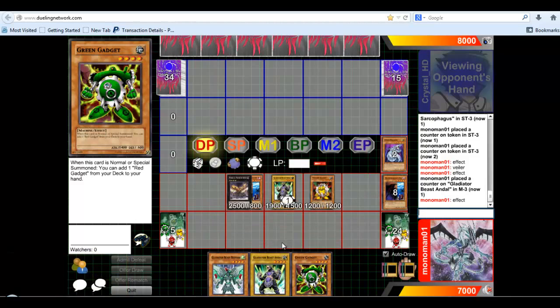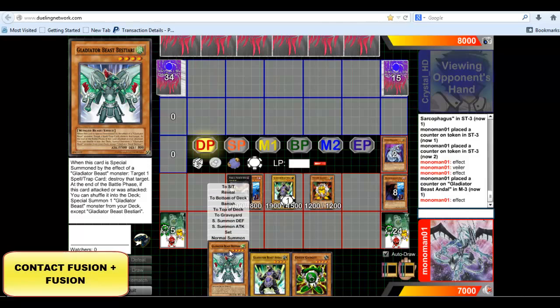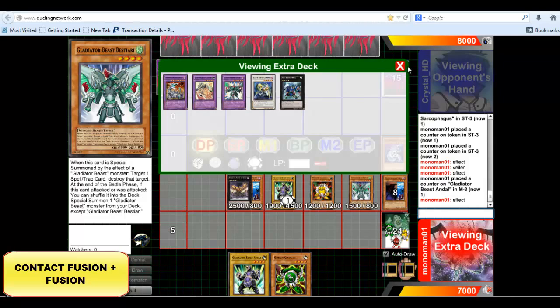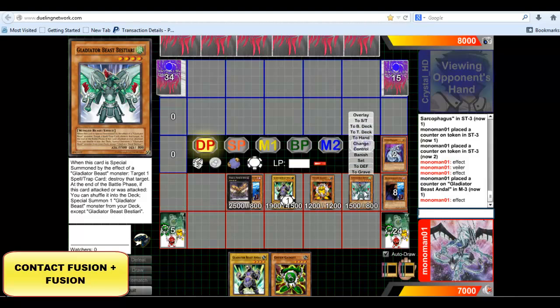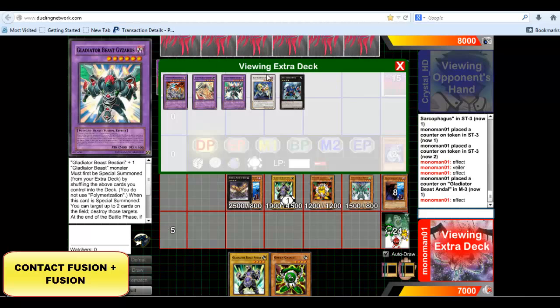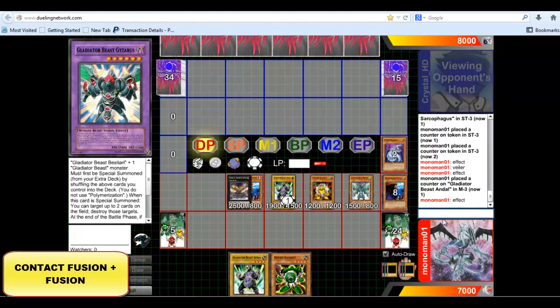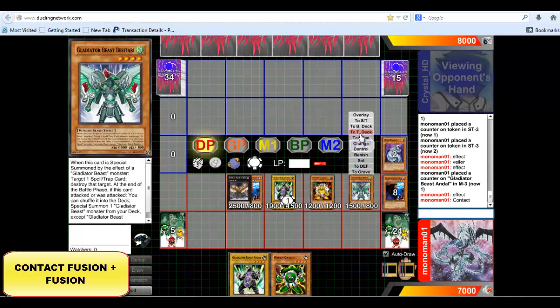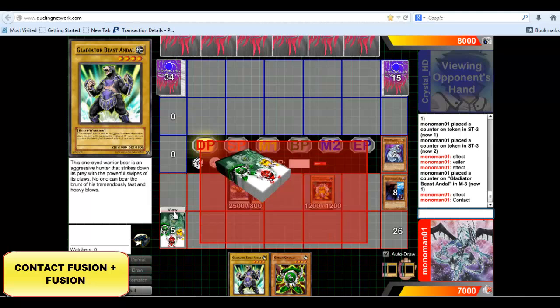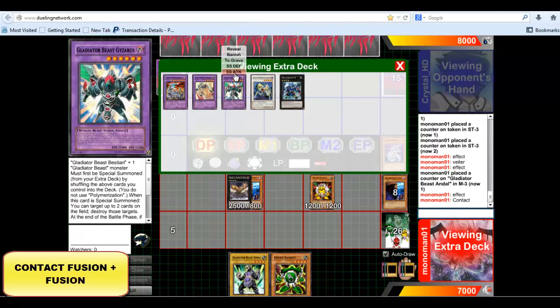The last thing that I want to say, which is quite specific to Gladiator Beasts, is contact fusing. So I have a face-up Gladiator Beast Bestiari and an Andabata, and I want to make contact for Gladiator Beast Gazarus. Beforehand, you have to type "contact" into the chat just to say that you're going to use that. So you send both of them to the top of the deck like this. Then you shuffle your deck, obviously, and then you click view,